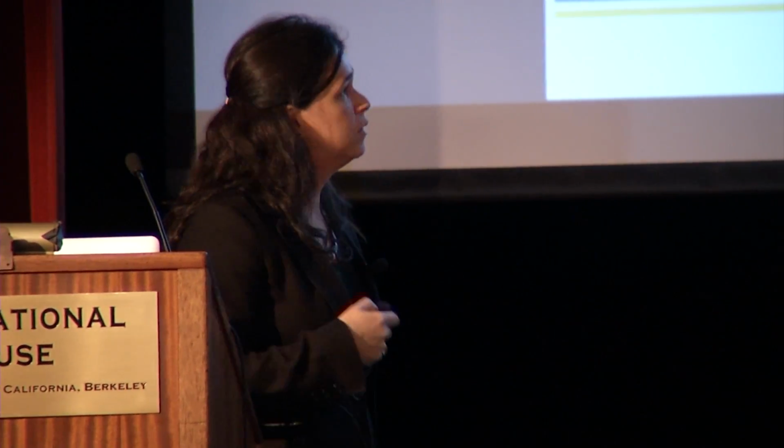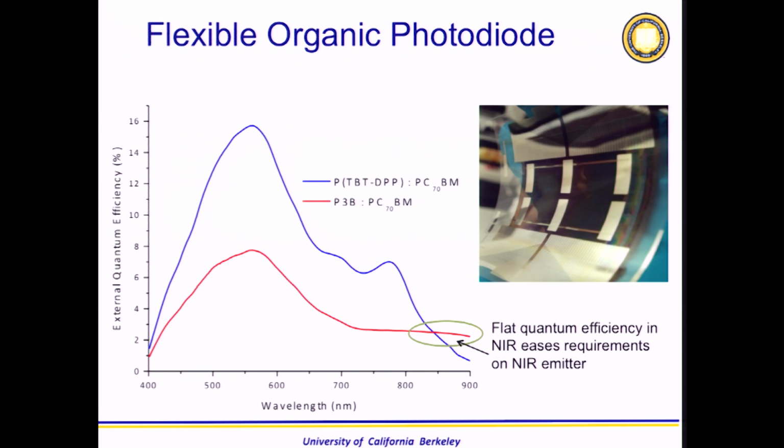We also developed the photodiodes that are flexible when printed. You can see here, I like to show the efficiency. The efficiency is not as high as you would have for a solar cell, for example, or even for a silicon photodiode. But that doesn't matter. What is important for this application is that the broad absorption of these materials allow me to do the measurement in different wavelengths and pick up all these ratios that I need in order to do this type of measurement.